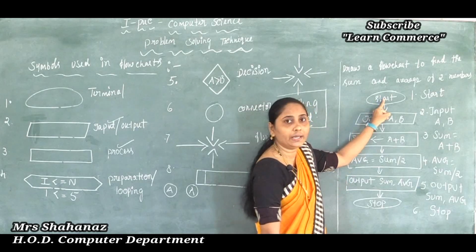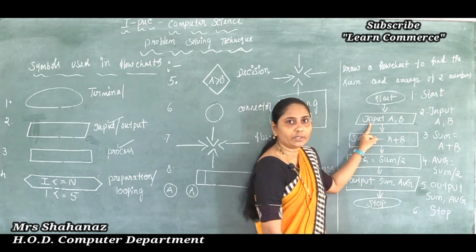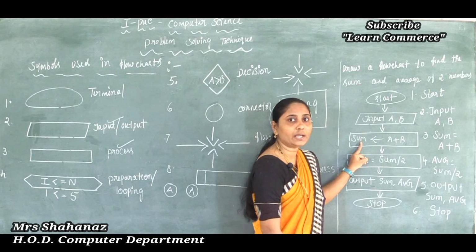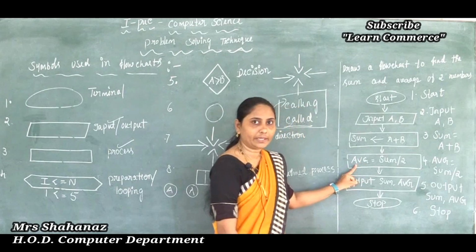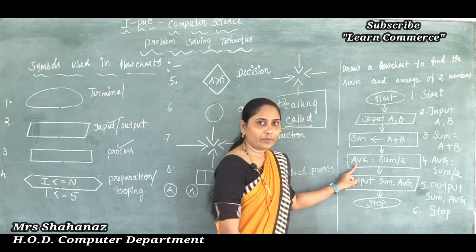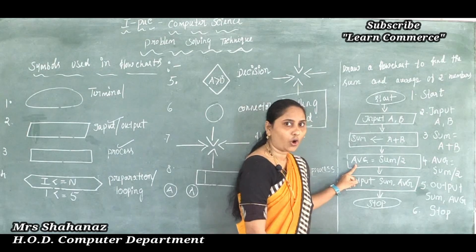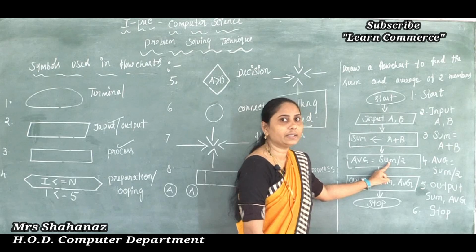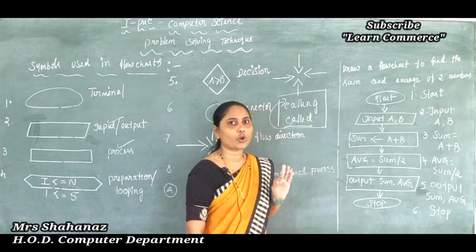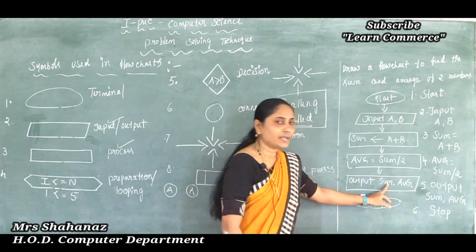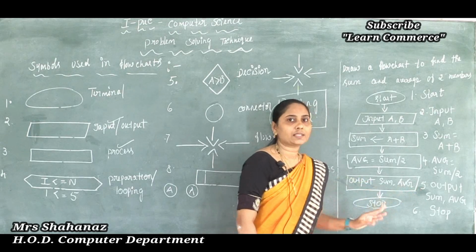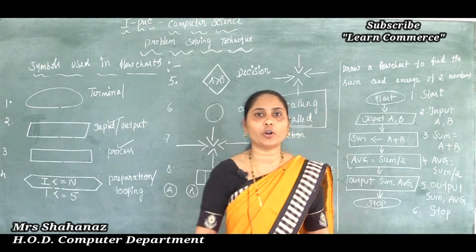First symbol is called the terminal, second to input data into the variables, third one just to make the calculation of the sum variable, and after getting the value in sum we make the calculation of the average. We know that such calculation is sum by 2 to get the average answer here, and lastly we need to show all those results on the monitor. So output sum as well as the average, and after getting the sum and average answer lastly we need to stop the algorithm or the flow chart.